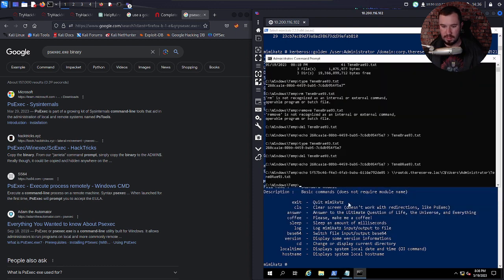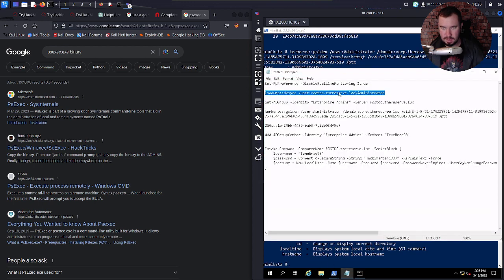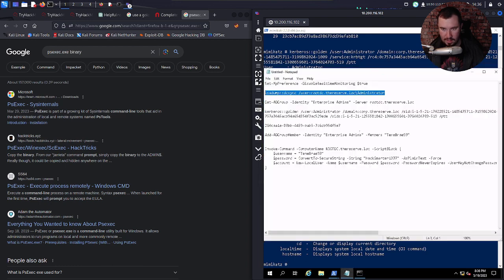So if we go back to Mimikatz, of course it doesn't copy because it doesn't like me. Oh my goodness. Dude, I'll just type it if you want me to.